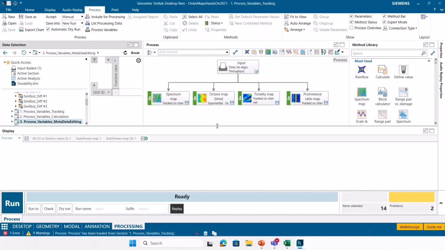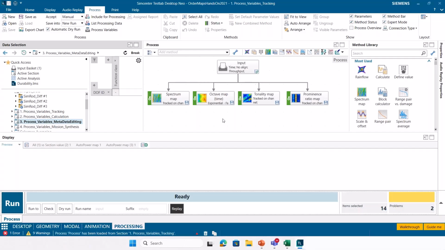In this first example, I want to show you how we can set the tracking parameters of a couple of different types of map functions that we have in Test Lab to the same values using some process variables. The first thing I'll note is that in order to utilize these variables, this expert mode checkbox needs to be checked on. It's available in the processing ribbon section of Test Lab Neo. This processing ribbon will be available if you're within the processing tab. I've got variables enabled. I'll come over here and click on this process variables button.